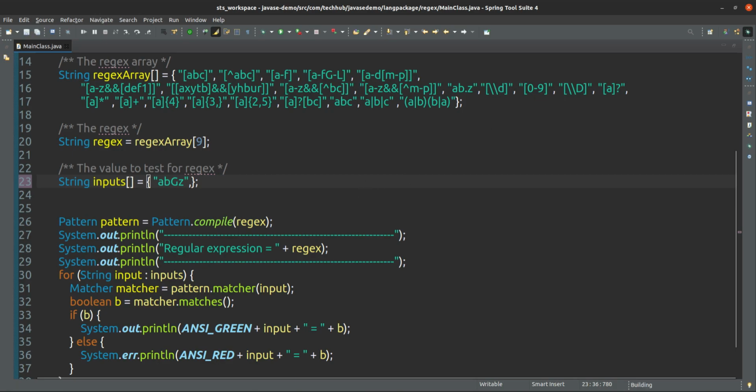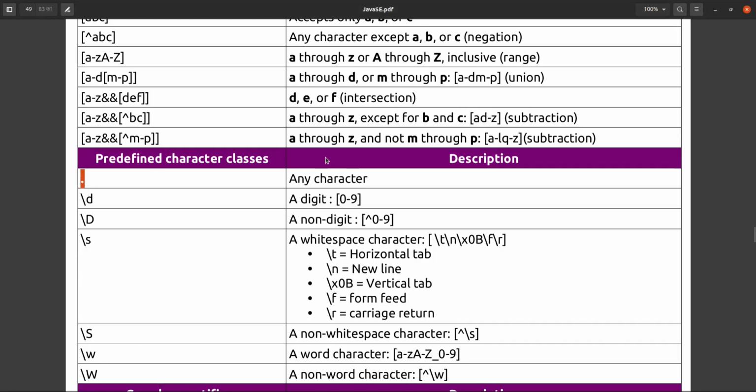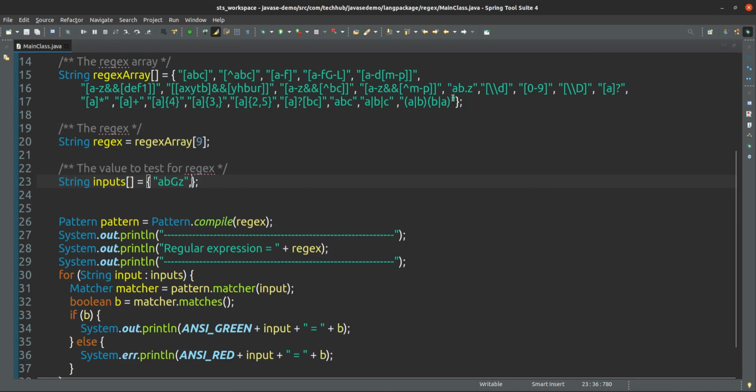That is the meaning of this dot here. Dot means any character. So what is the regular expression? I am giving AB dot Z. It means A and B, it should start from AB. Dot means any character I am giving O, and last it should be Z only.